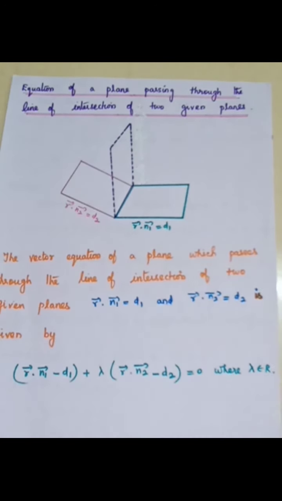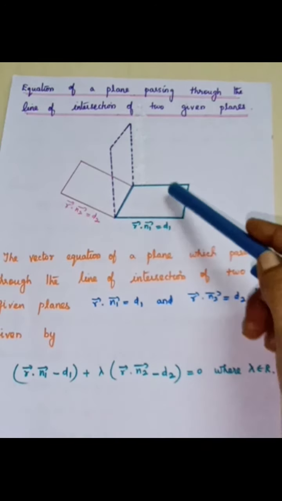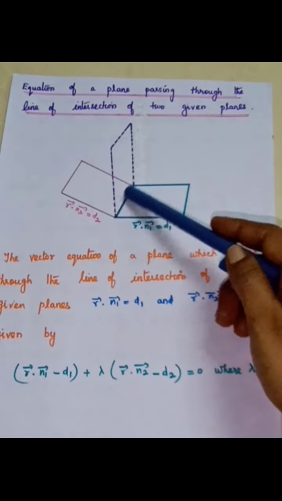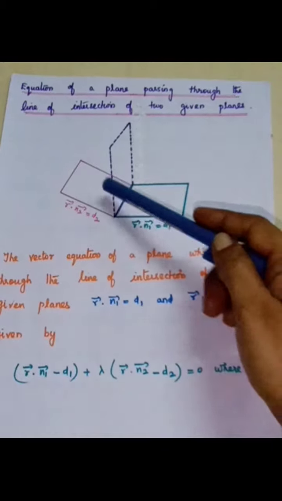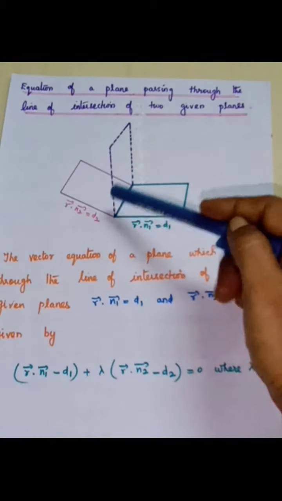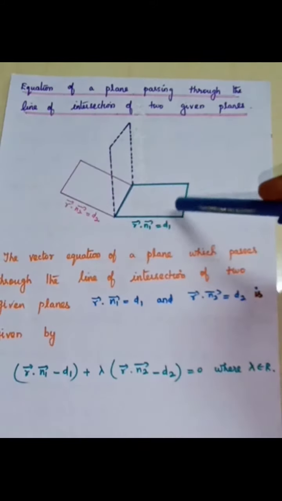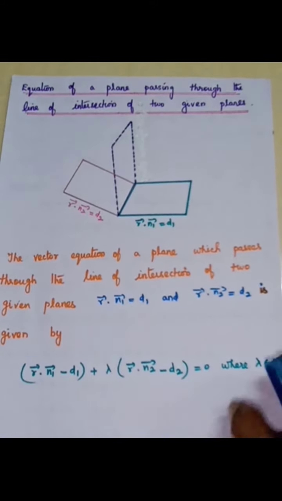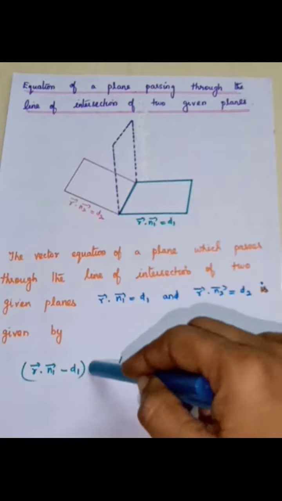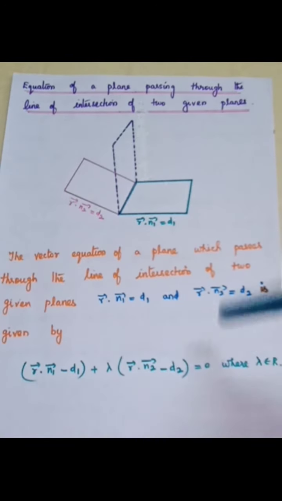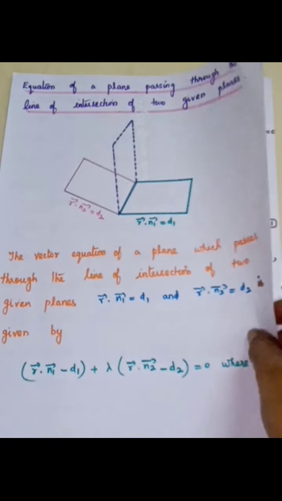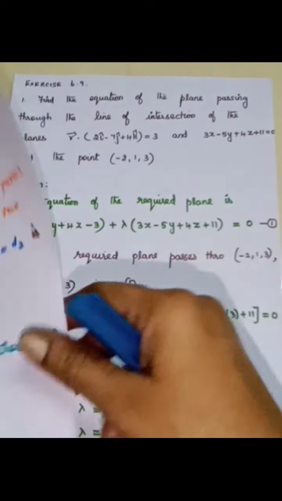You see that the two planes intersect on the line. So you are going to find the equation of the plane passing through the line of intersection of the other two given planes, means the first plane equation plus lambda into the second plane equation is equal to 0. So, exercise